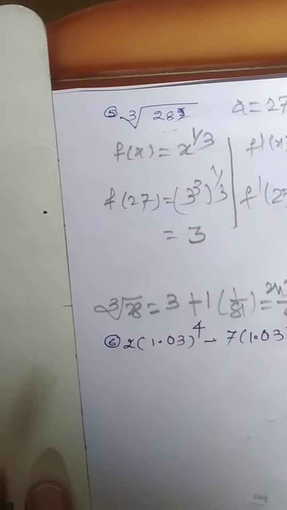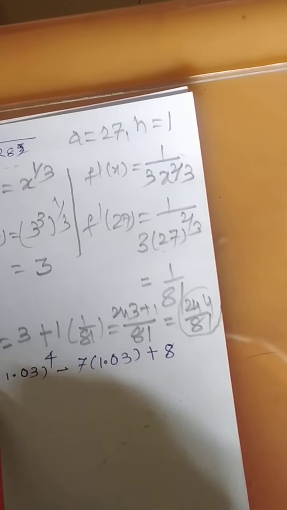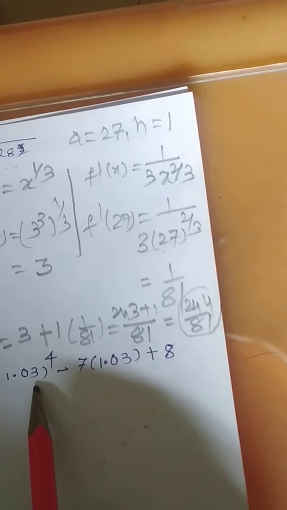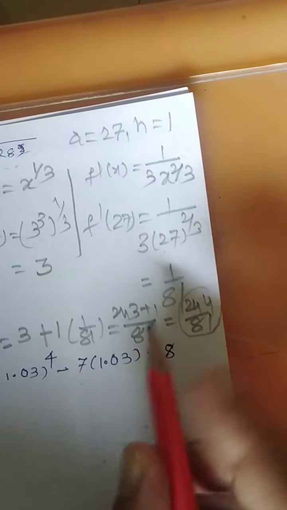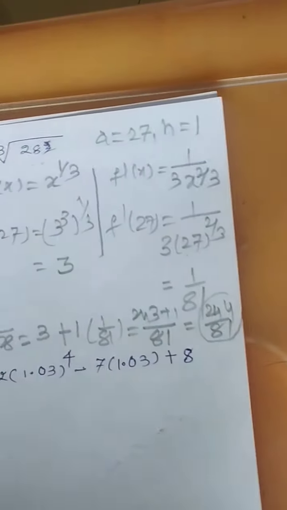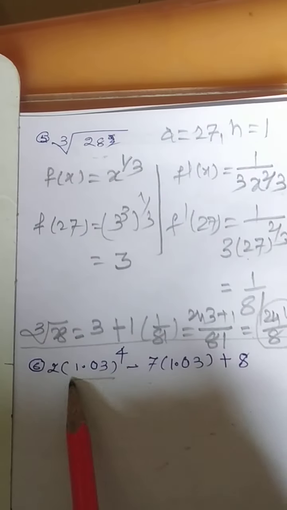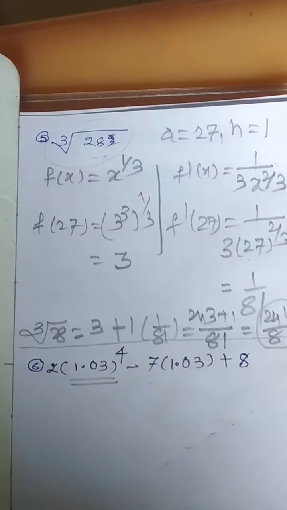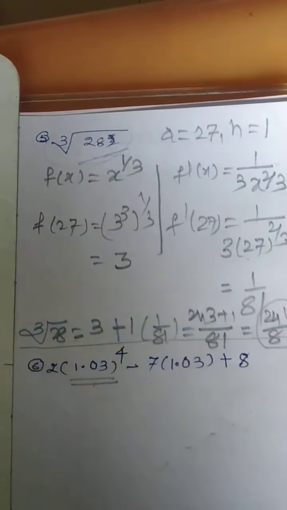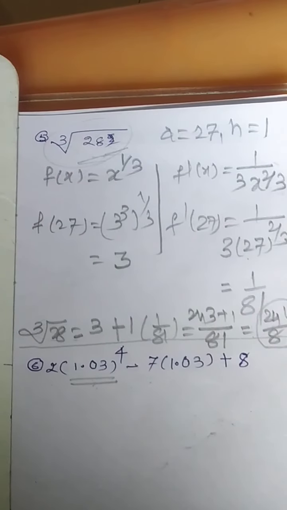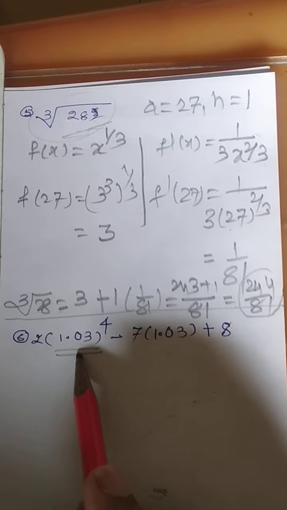Sometimes a question will be framed in this form also. Look here, this is the form. Evaluate 2 times 1.03 raised to power 4 minus 7 times 1.03 cube plus 8. Now one can think about answering the question by trying to find out each value separately using the method, where if you use this technique, then your value of a will be correct. A will be 1 and h will be 0.03. So this is separate one.